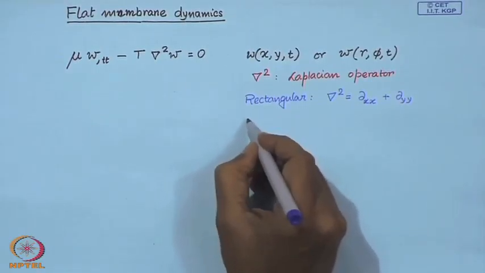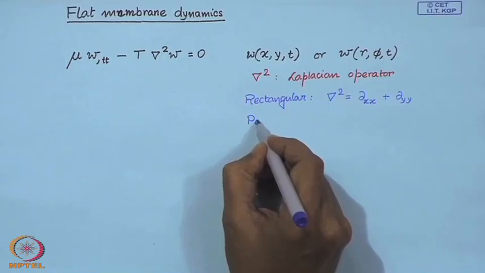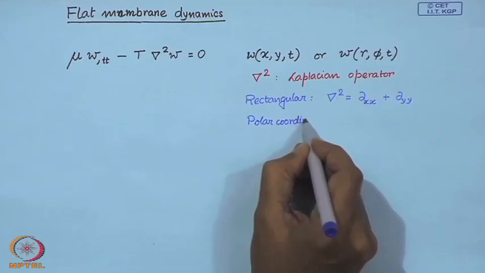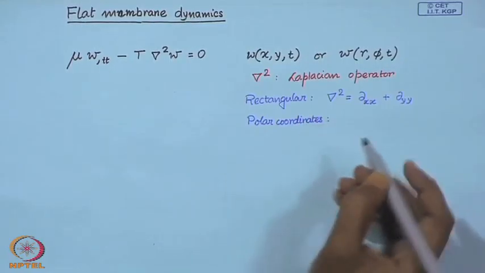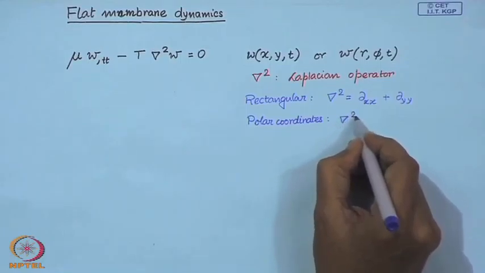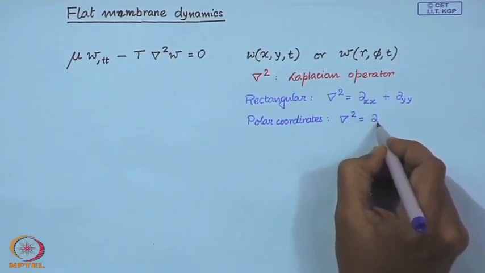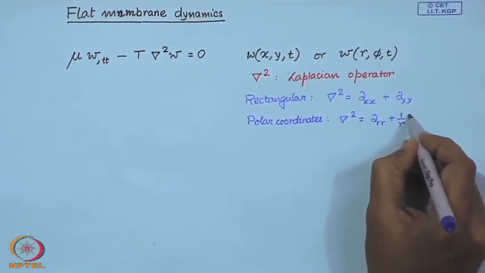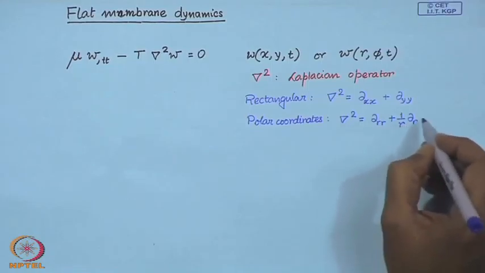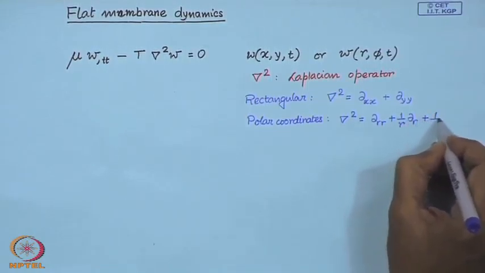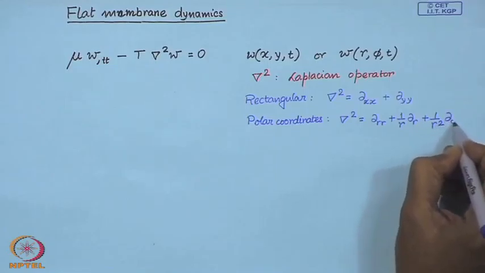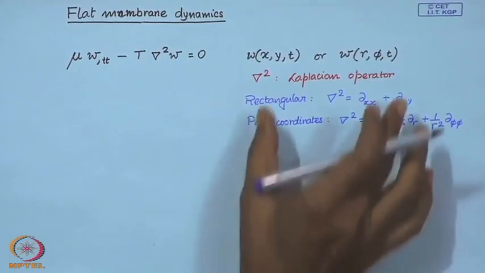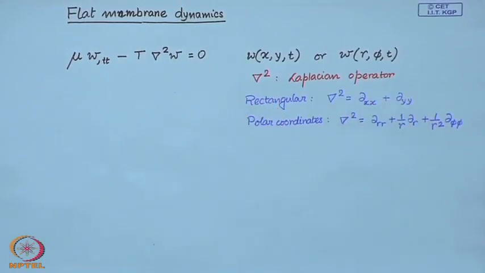In the polar coordinates, nabla square is double derivative with respect to r, plus 1 over r single derivative with respect to r, plus 1 over r square double derivative with respect to phi. So, we have this Laplacian operator in two coordinate systems,